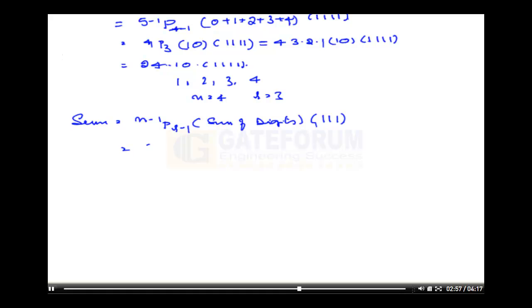So therefore here 3P2, the sum of the digits is 1 plus 2 plus 3 plus 4. So this would be equivalent to 3 into 2, this is 10, so therefore the sum would be 60 into,